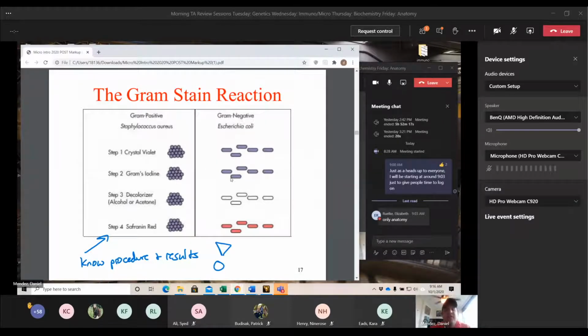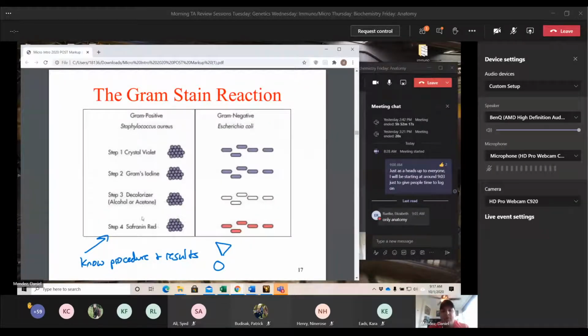The gram negatives have a very thin peptidoglycan cell wall, so it doesn't seal the stain in very hard. When you go to the next step, the decolorizer, which is normally just alcohol, washes away any excess free-floating stain. That stain would be free in the gram negatives because, once again, they have a very thin peptidoglycan cell wall. But in the gram positives, because you use the iodine, that crystal violet stays in the cell wall. So that's going to leave the gram positives always purple.